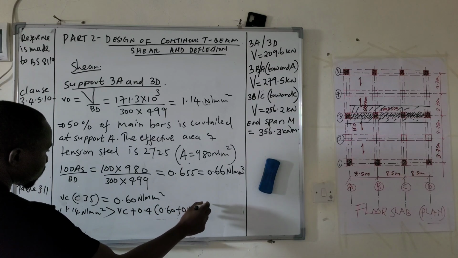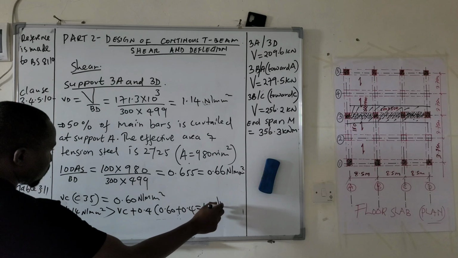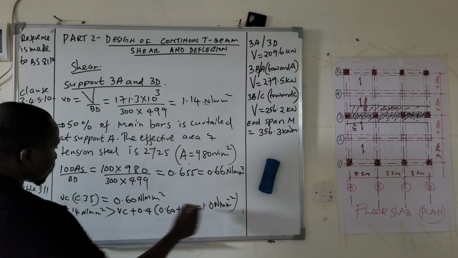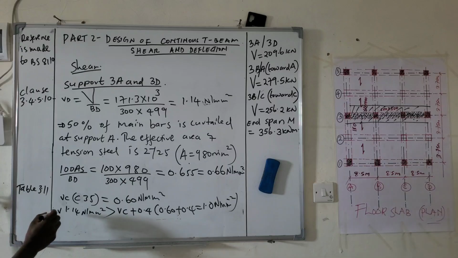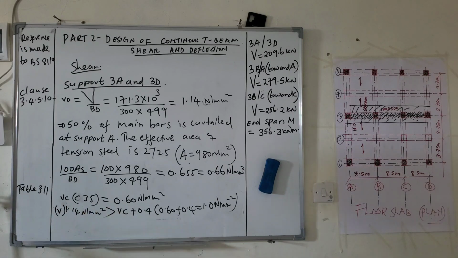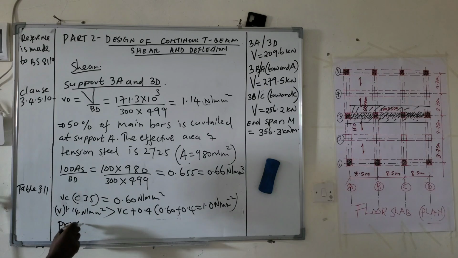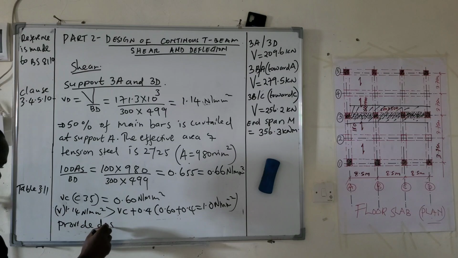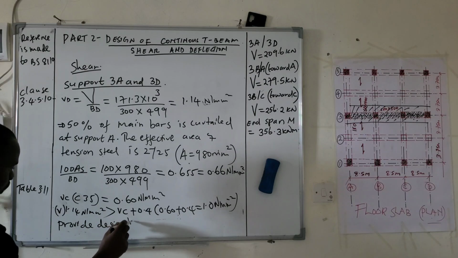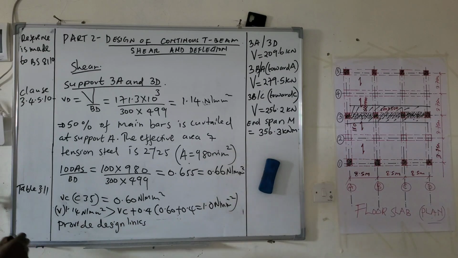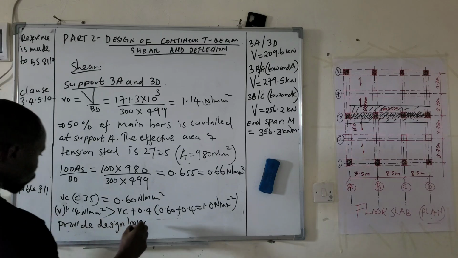It will be 1.0 Newton per millimeter square. Since V is greater than VC, therefore provide design links according to